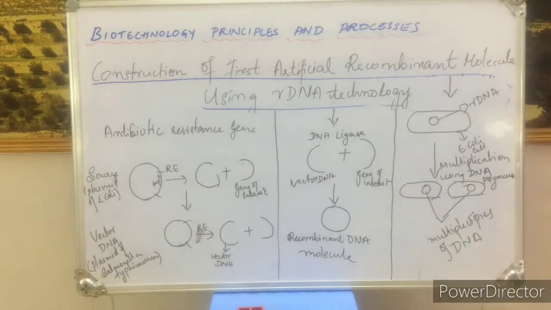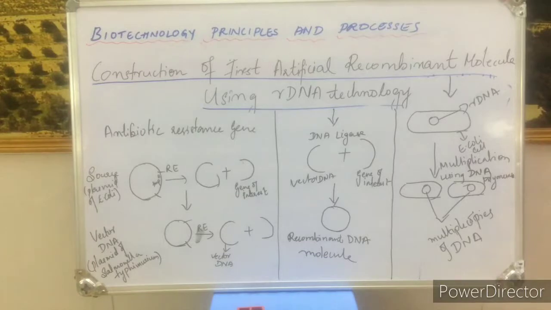Why are we telling that self-replicating capacity? Because the DNA which is taken from one source, that is from the plasmid of E. coli, is linked to another DNA, the plasmid of Salmonella typhimurium, and together it forms a new combination and gains the capacity of replicating itself again in the host cell, that is the other E. coli cells. So this process is known as gene cloning, that is the self-replicating capacity of the recombinant DNA molecule when linked with the vector DNA, and with the help of the origin of replication it is going to produce multiple copies of the DNA, right?